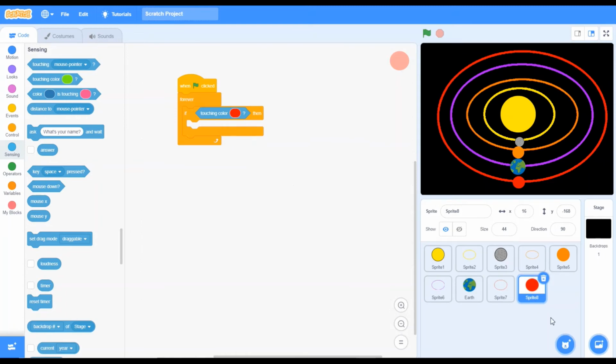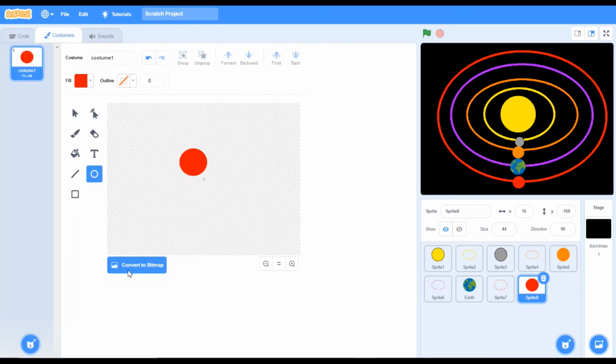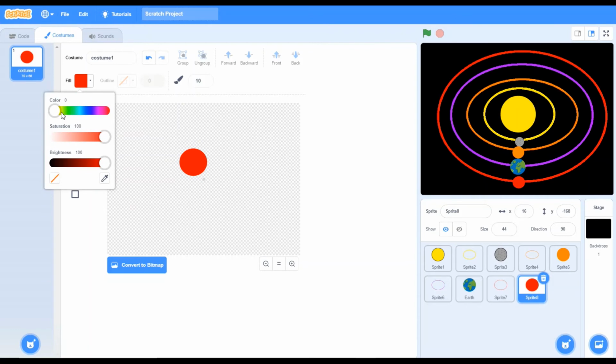Venus's color is actually blending with it, so I will go to the costumes. Now I will create dark red spots on it. So I will create this, or here, I will slightly go here.